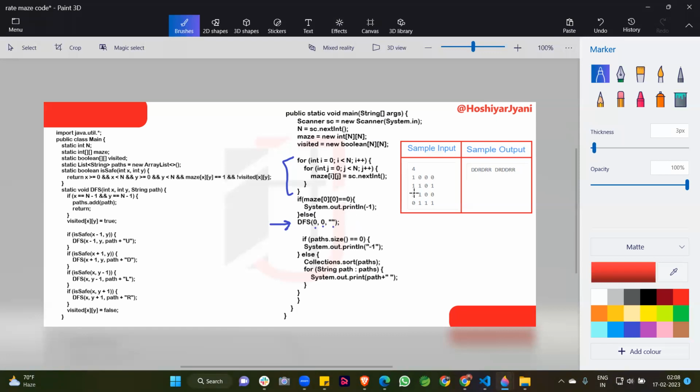After that, one more d is present, so again I add d to the string. That's why I am taking the empty string here.